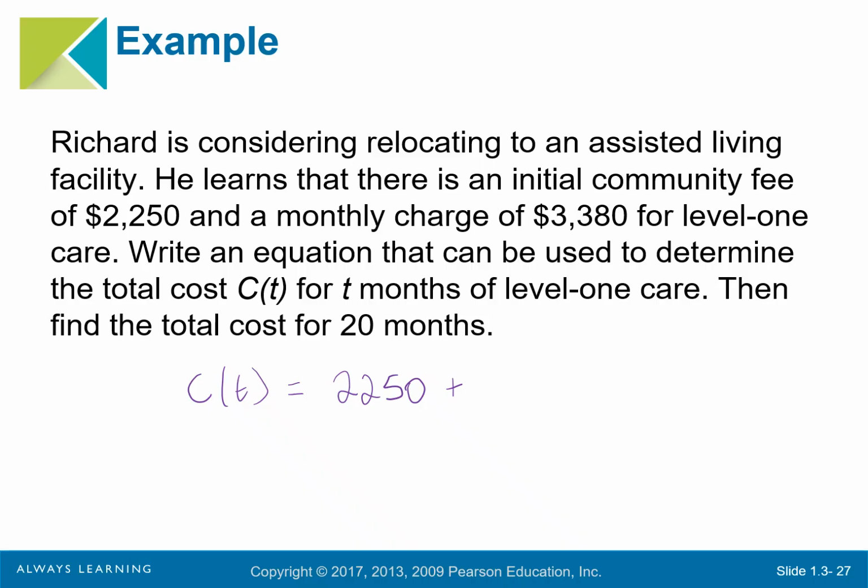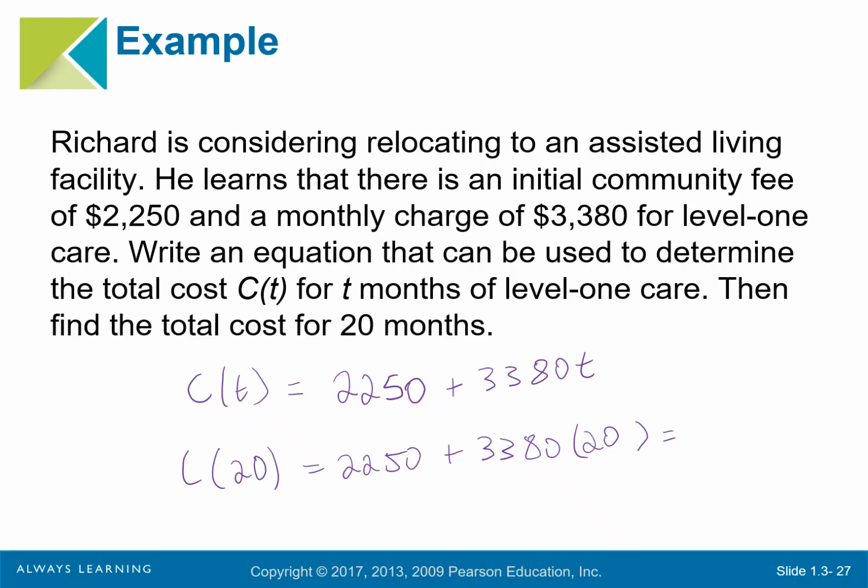Every time beyond that, we get charged $3,380 for every month following. That means that's the one that has the T next to it. And so this is what we get for our equation: 2,250, again, for that initial cost, plus 3,380 times T for every month after that. So if I want to think about, well, what is C of 20 then? I get 2,250 plus 3,380 times 20, which